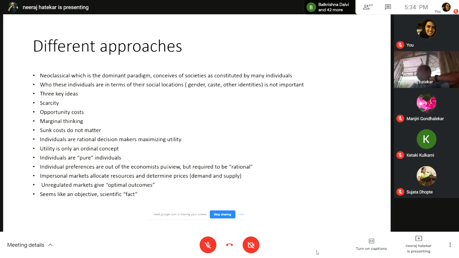Don't waste your time watching the movie anymore just because you've paid for the movie. So sunk costs are sunk costs, right? Sunk costs do not matter, right? Now,